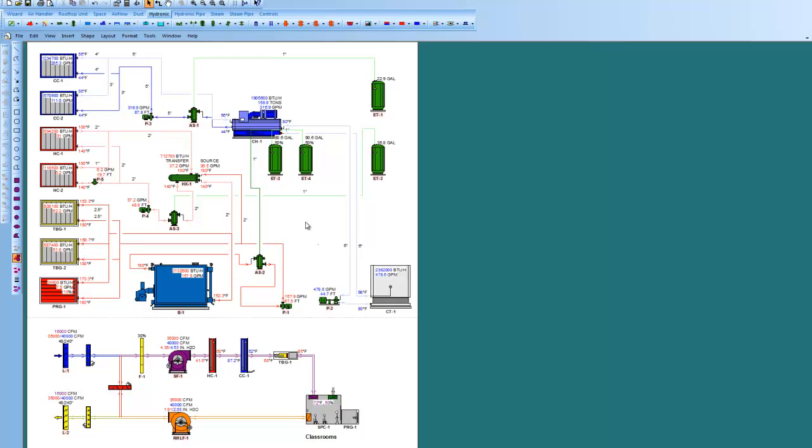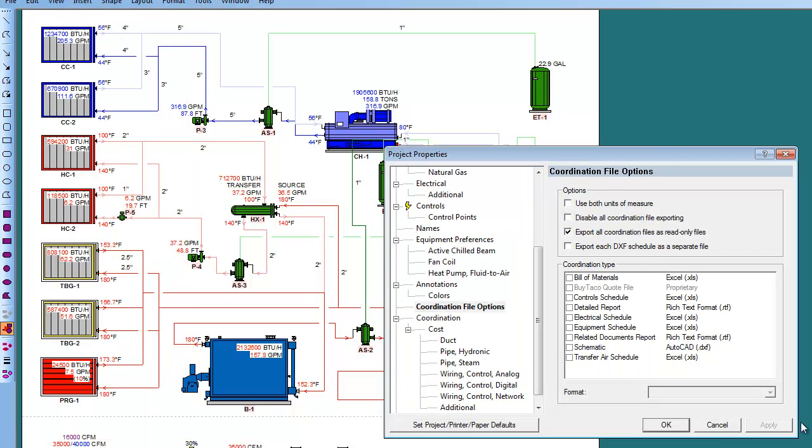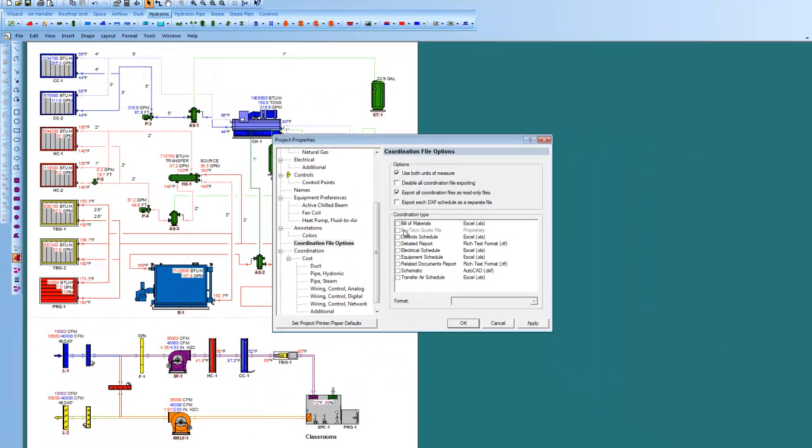So after modeling a system, you say, okay, now what do I get from my model? Let's just go look at that. Under File, Coordination File Options, we'll see here what we get from HVAC solution. Right here, we can have units in both English and metric, meaning our drawings and our schedules. We can receive a bill of materials, a control schedule, a detailed report, an electrical schedule, things I need to coordinate with the electrical engineer,